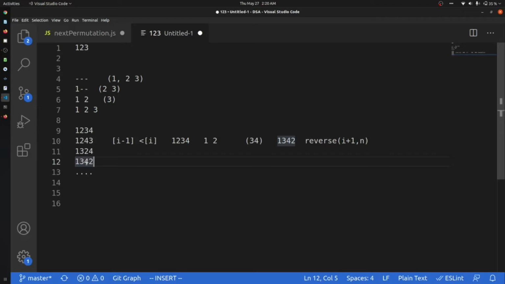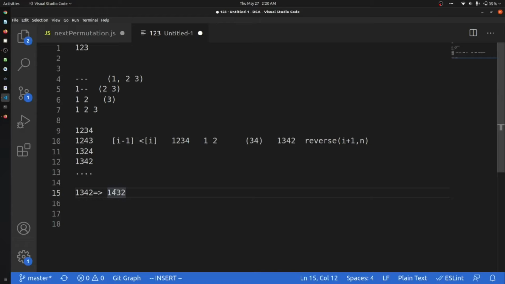So you can see what we are having. Firstly, let's take 1 3 4 2. We are at 2 and 4 is greater than 2. Okay, nothing to do. Then we come to 3. Is 3 greater than 4? No, 3 is not greater than 4. So we will check which element is just greater than 3. So it's 4. So we will swap 3 and 4. So this will become 1 4 3 2.